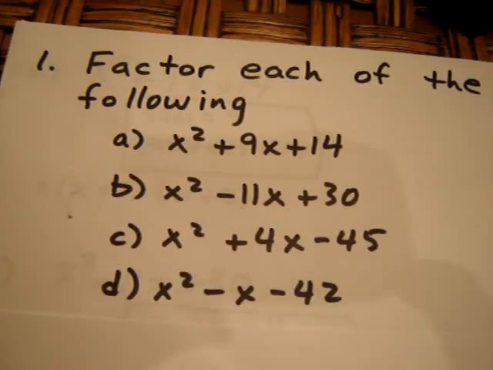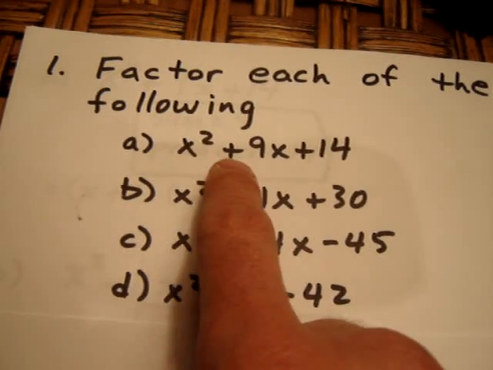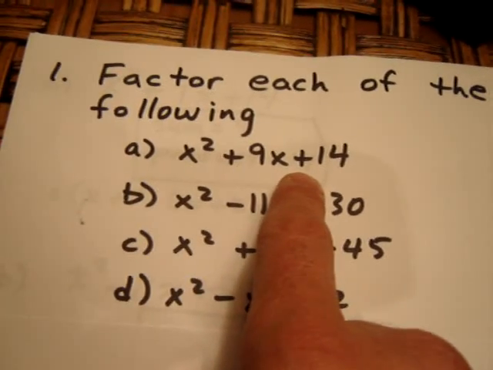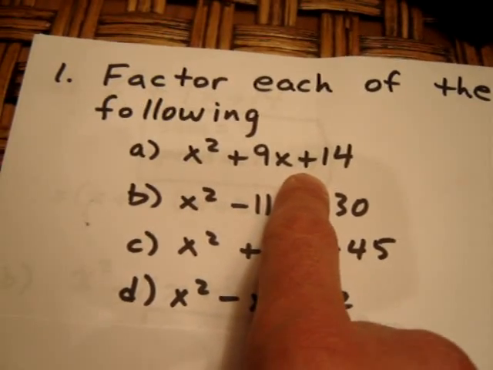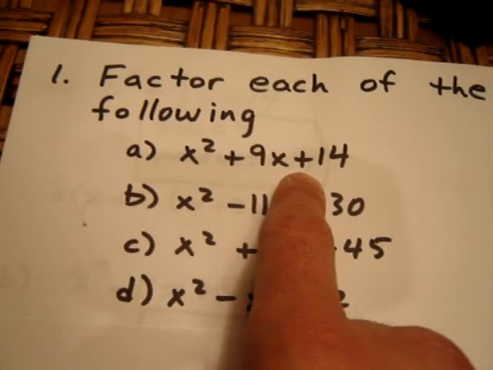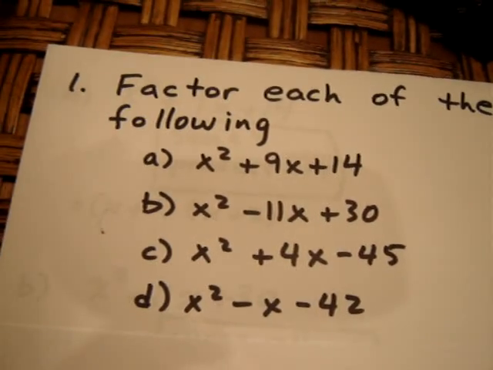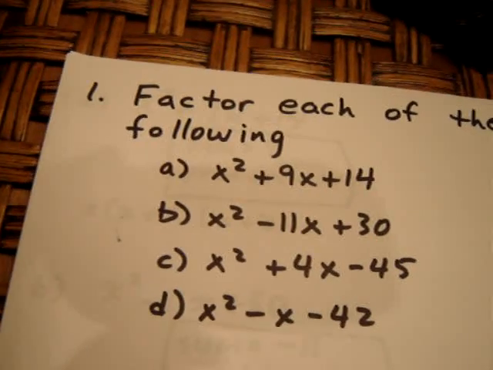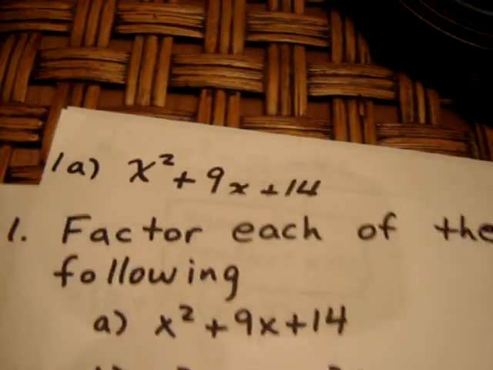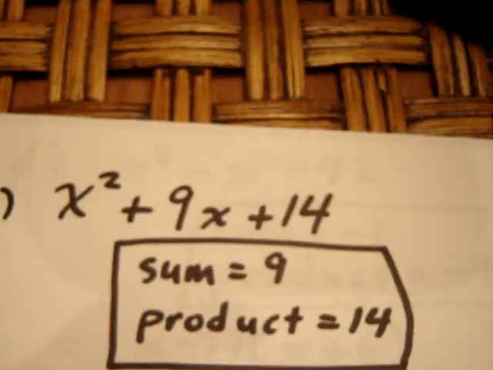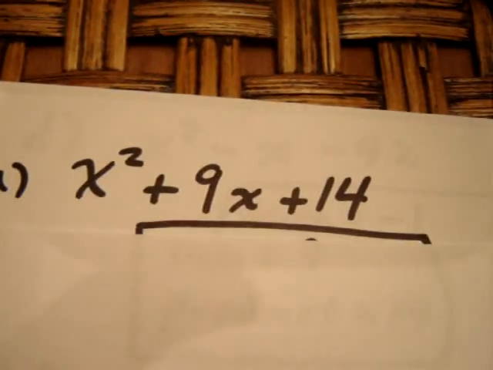to the 0. When we have a trinomial in this friendly form, we can do something to factor it called the sum and product method. That's what we're going to practice. Well, the first question, x squared plus 9x plus 14, is our